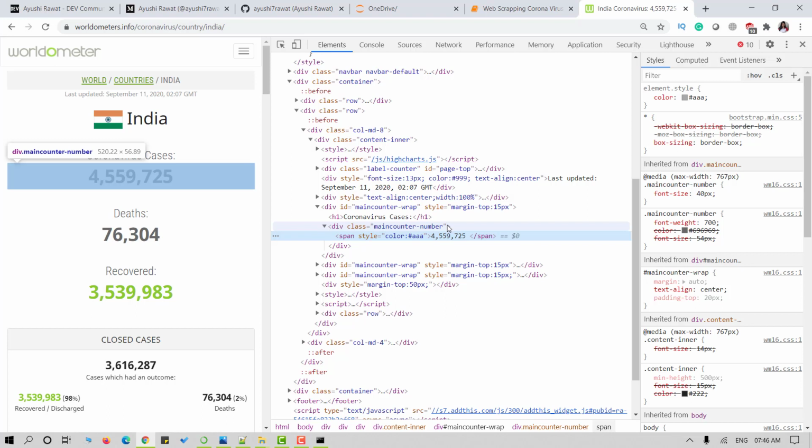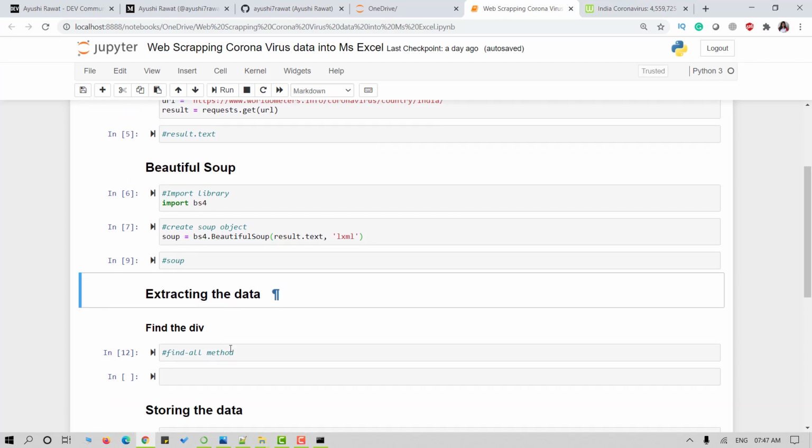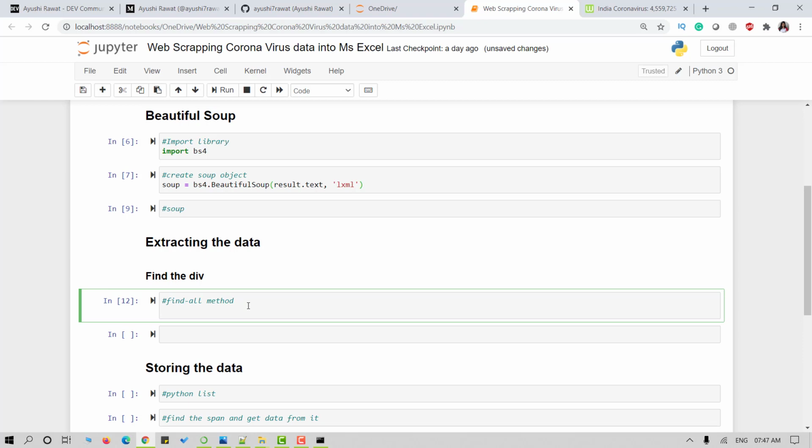The Beautiful Soup object has been created in a Python script and the HTML data of the website has been scraped off the page. Next, we need to get the data we are interested in out of the HTML code. So now we will make use of the class main counter number.